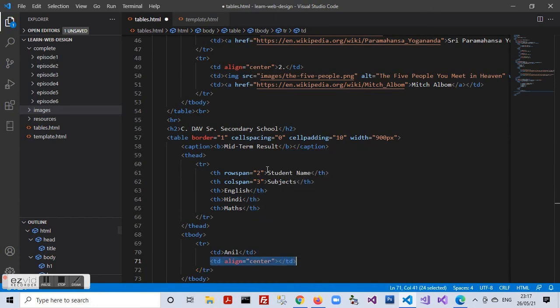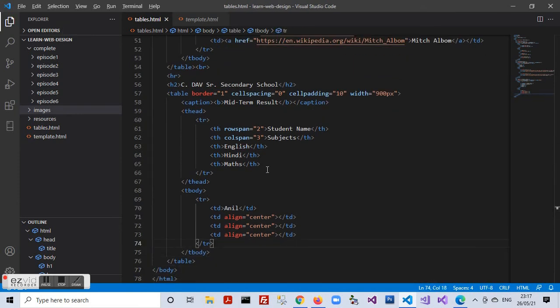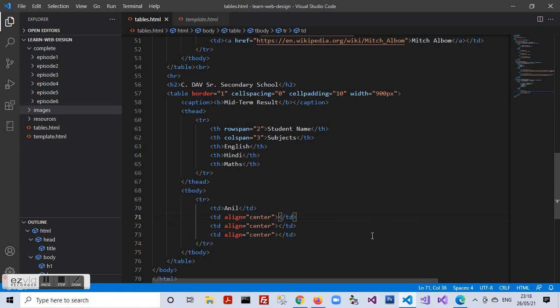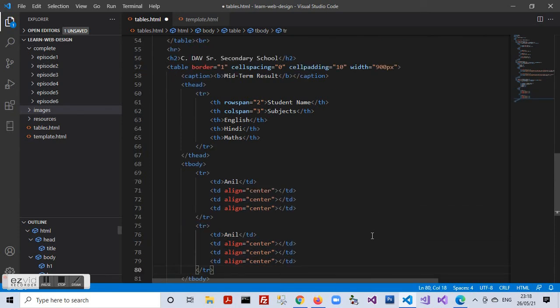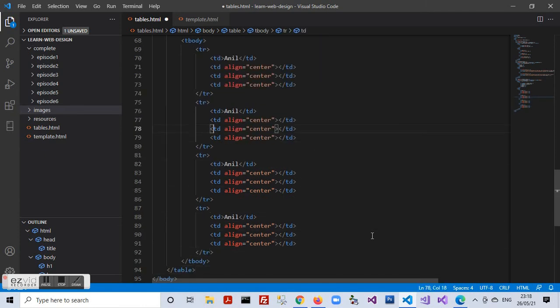So I can copy this content and now I can take up the values from the sample web page which says 70, 85 and 82. And I see I have how many students out here? I have total 4 students. Okay. So 70, 85, 82. Before taking these values, I may copy the skeletal structure of this table row so that my typing effort is reduced. I copy it 3 times. So I have content for 4 students in hand. And now I can change the values out here.